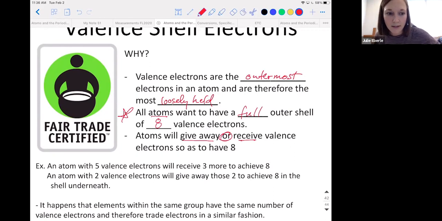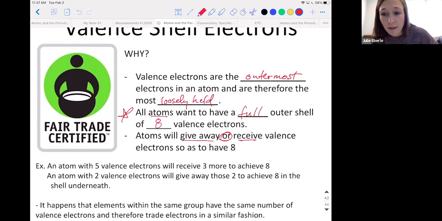So what are they going to, yes, Tyler, it's the octet rule. I just saw it in the chat. What would the halogens want to do to get 8? How are they going to get 8? Take 1. They want to receive an electron from someone else. It's got to come from somewhere.